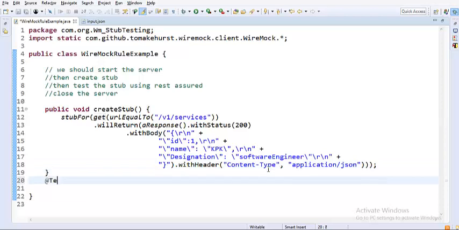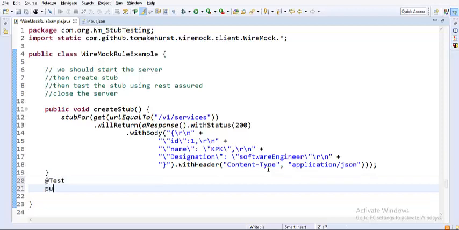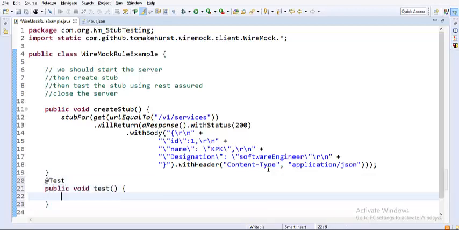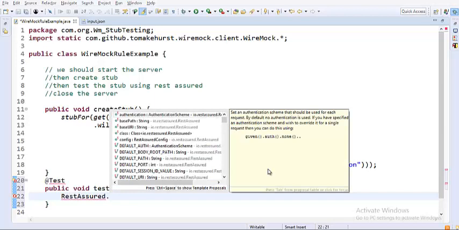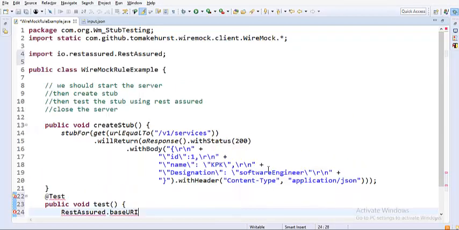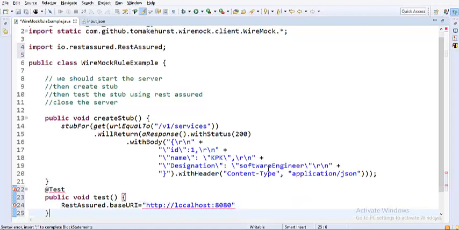We know that we have to test with Rest Assured. So I'm just going to have a test, public void test, and this test is going to test the stub that I've created. RestAssured.baseURI is something like localhost colon 8080, and let me put http colon double slash so that the URL is complete.